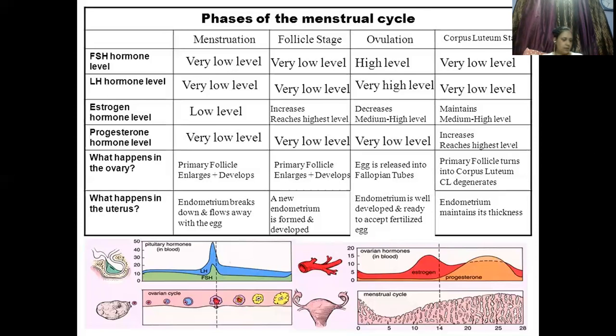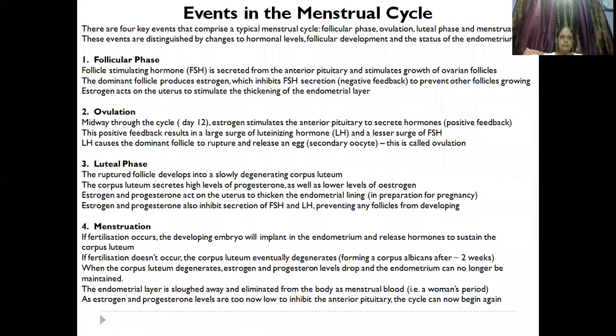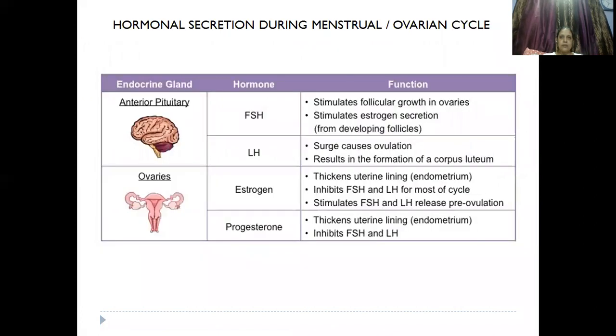Okay. Now try to see here again. The FSH stimulates the follicular growth in the ovaries. It will stimulate the estrogen secretion, so it will develop the follicles. And the luteinizing hormone surges the ovulation. Now what is ovulation? Ovulation is basically